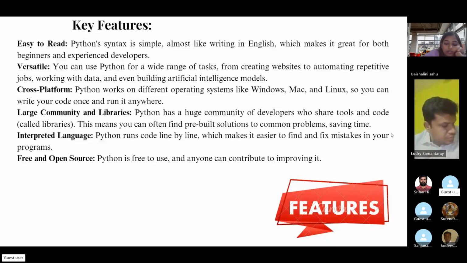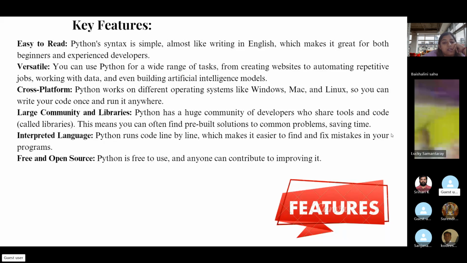Working with numerical data is numpy. Handling and manipulating the data, go for pandas. Visualizing the data, go with matplotlib. And if you want to do statistical visualization, go with seaborn. Like that, you need to learn the libraries. That's the large community and library support we have in Python.